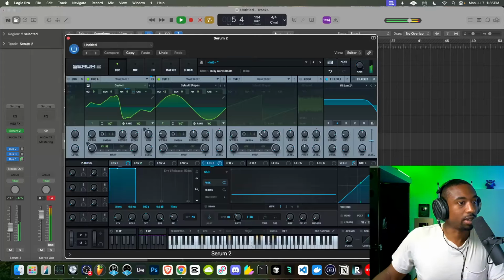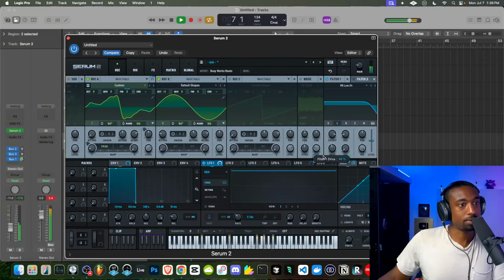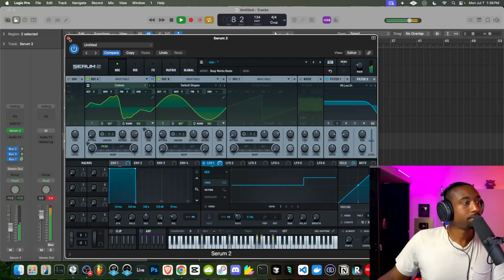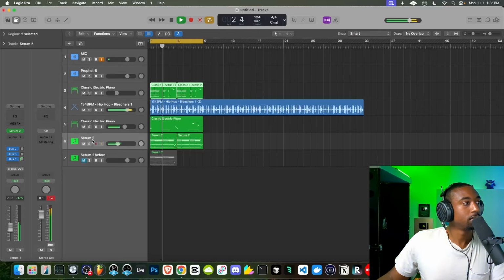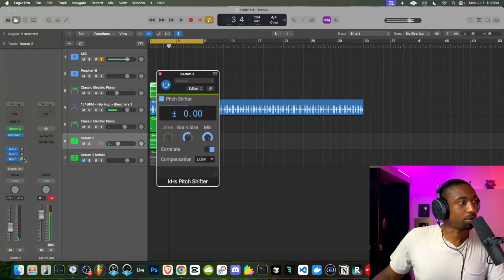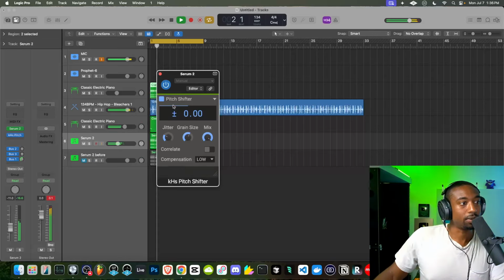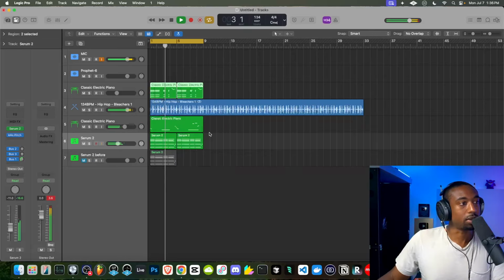Now I can just go back and adjust the harmonics with the filter and the drive. Now for this vibe, because we're going for this super detuned sound, I'm going to add the pitch shifter here for that final grain sound, almost like we're running it through a guitar pedal.